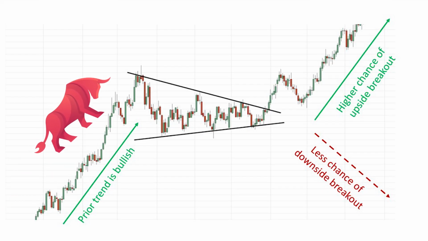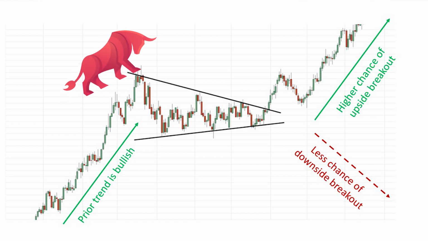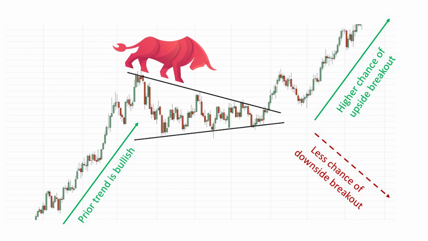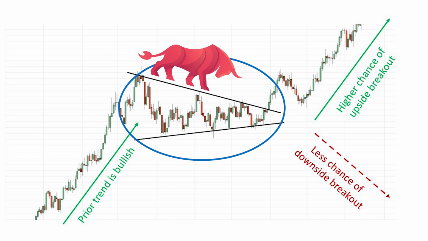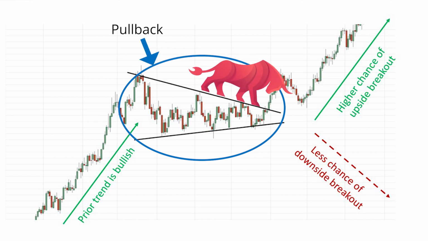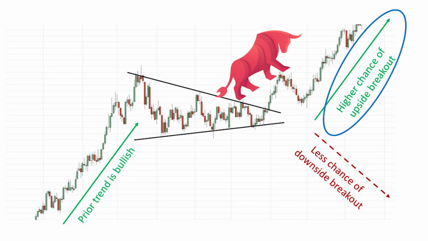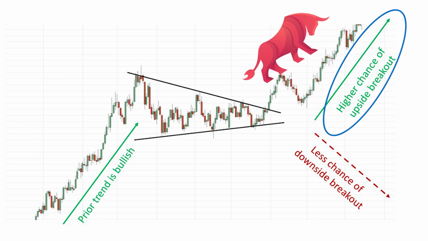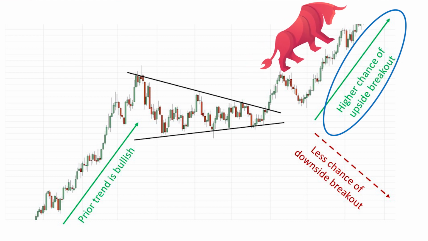As you can see from this chart, this is an example of trend trading using the triangle pattern, because the triangle formed is actually a consolidation pattern within the major trend. So this whole triangle is actually a pullback opportunity to enter the underlying trend. Although we generally do not like trading symmetrical triangles, the odds in this case are better than 50-50 because there is a higher chance of an upside breakout due to the context, which is a triangle pattern pullback in a major uptrend.